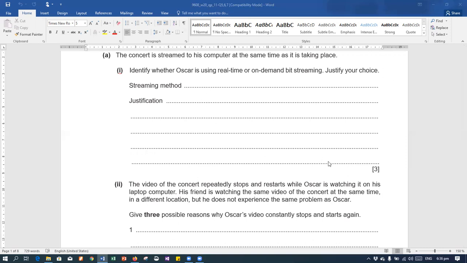Okay, so that would be for 3 marks, 1 mark for the correct streaming method, and for the rest of the question you need to write 2 points for that. So better use key terms for that. And